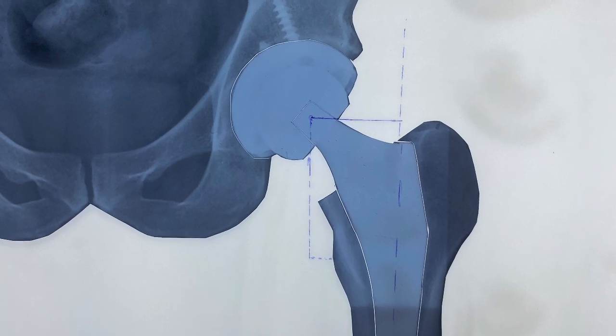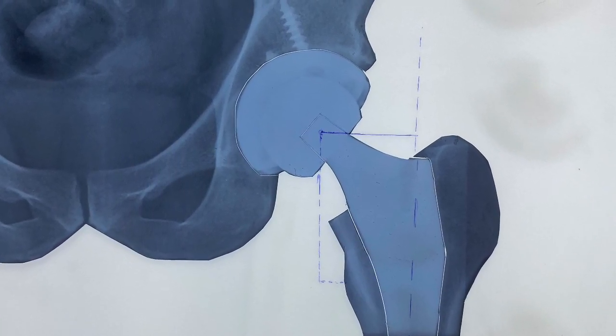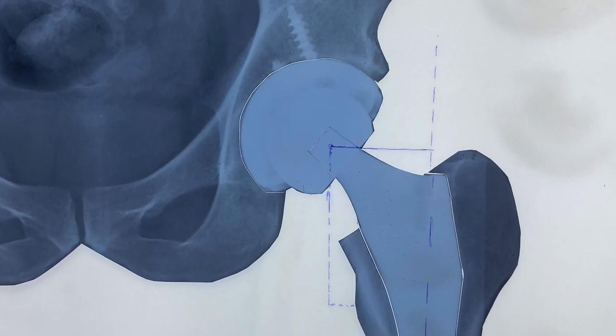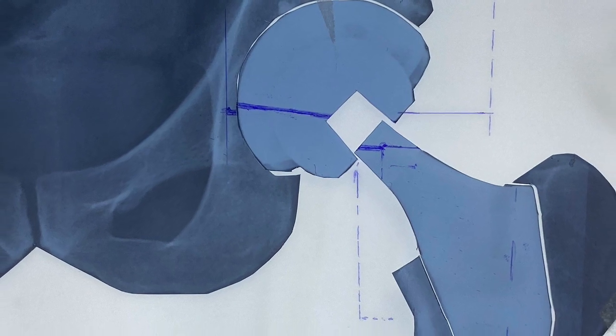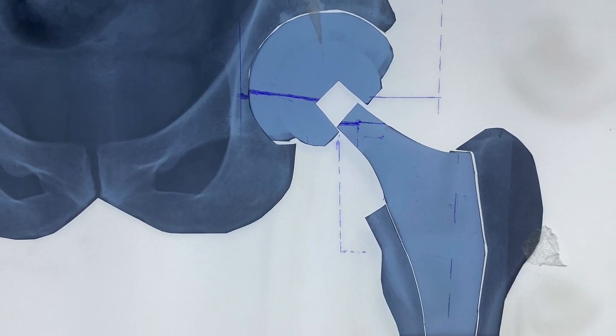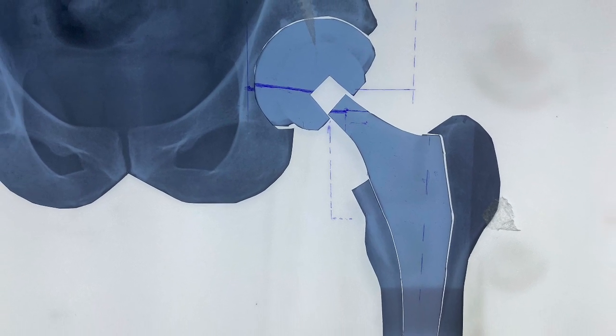So now one by one we will see how the change in implant affects the offsets, the limb length, the center of rotation, and overall functioning of the hip joint. Starting with this change where the neck length has increased, that you can do by modular neck or by increasing the offset of the head, a positive head offset.